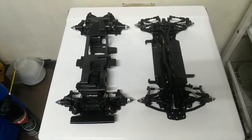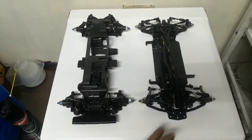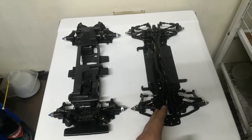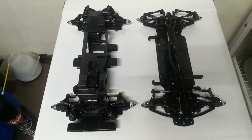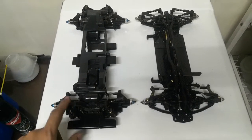Here's a comparison of old versus new, cheap versus... how do I say this? Not cheap. All right. So here on the left is a car I used to drive back in 1999, the